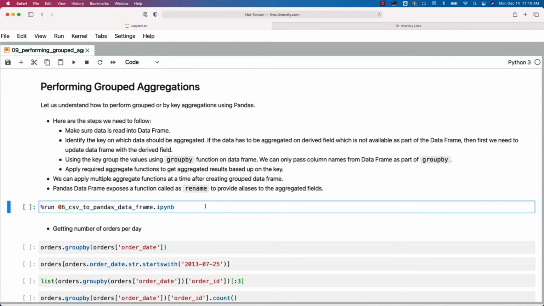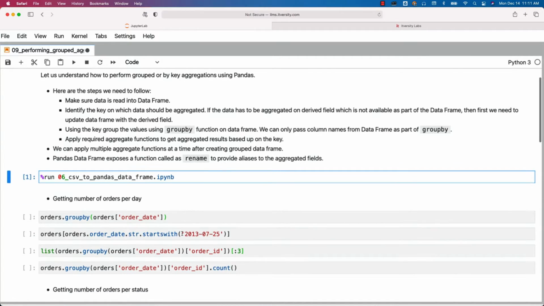First, let us run this Python notebook, which will expose two data frames, orders as well as order items, which we will be leveraging to perform several tasks to understand group aggregations. And also it imports pandas as pd. If we want to invoke any functions that are available as part of the pandas library, we'll be using pd instead of pandas. As we ran this notebook, we can leverage that pd as part of the tasks.